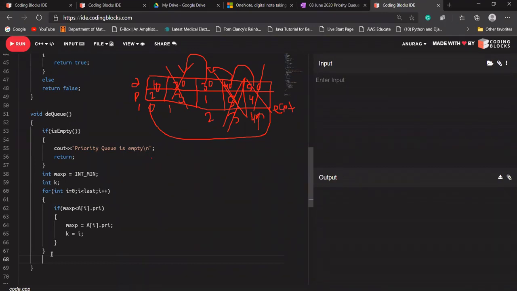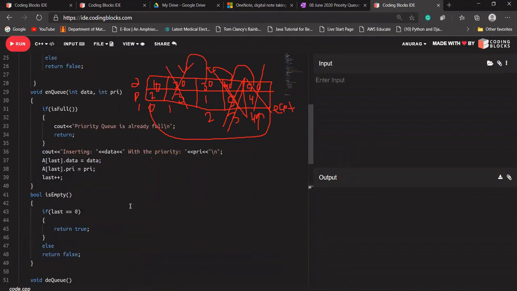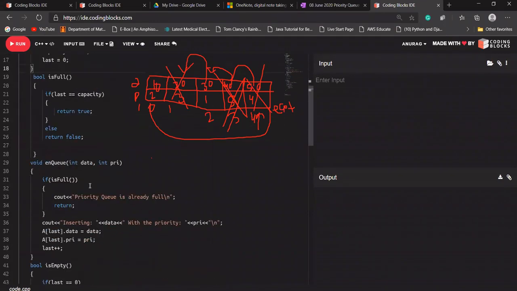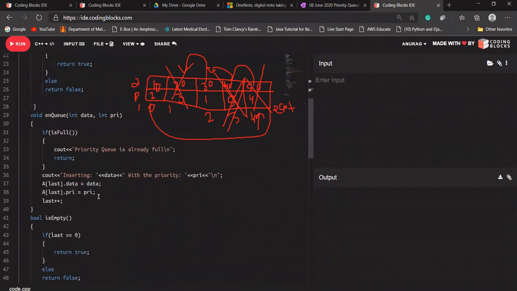then how will last being zero signify no element in the array? So Ashish, in the initial case we have initialized our last with 0. If we have inserted only one element, after inserting that element we increment the last pointer, so last will have the value 1.